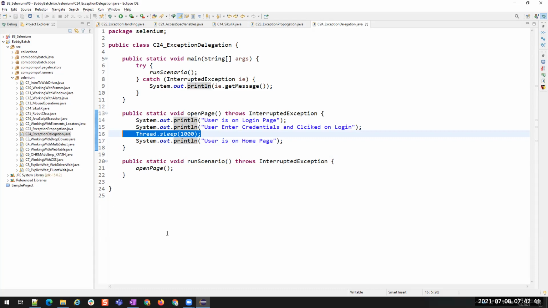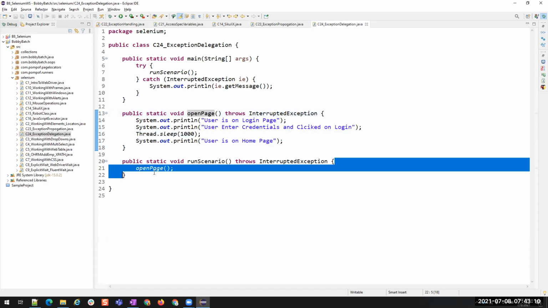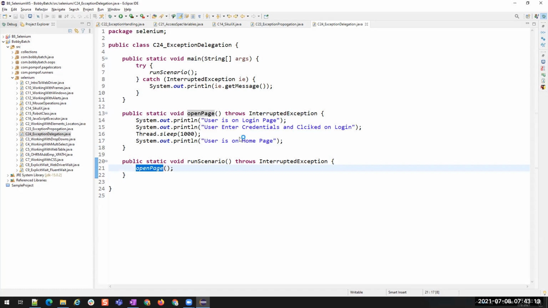So that is why Java is providing us this exception delegation concept, where you can use this throws keyword and delegate the exception to the calling methods. So now the exception actually will be raised from this line, if at all. Okay, but if we are not handling it here, we are letting the other methods know that open page is letting the world know that I am going to raise some exception. You have to handle it. So whoever is calling this open page should handle this exception, or if they don't want to, or if that particular method doesn't have the handling mechanism, then you can delegate it again.